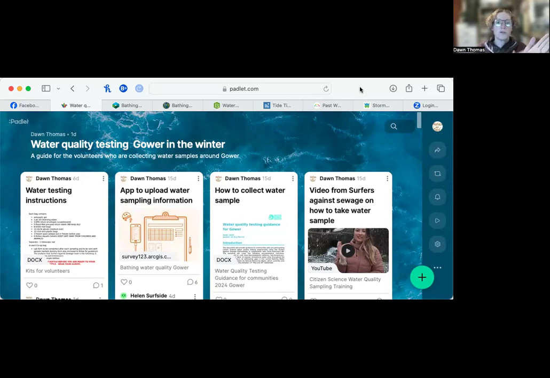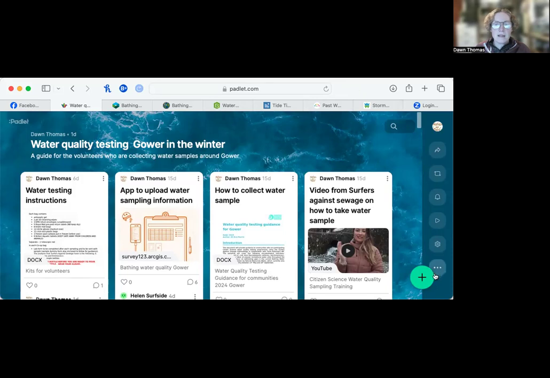We're trying to do this from now, it was from the 30th of September, until the 25th of May, because that's the cold water season. That's when they don't do any collecting of bathing quality data. If you need any more information, you can contact me on the Padlet. You can write comments on that, or you can try and find me on Facebook, or my email address is